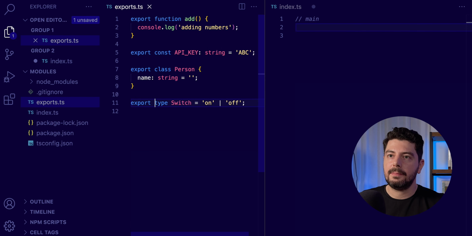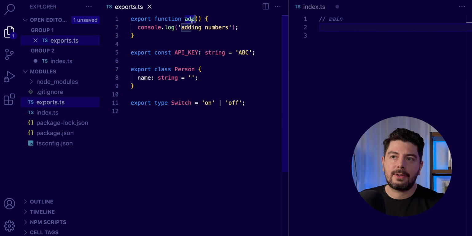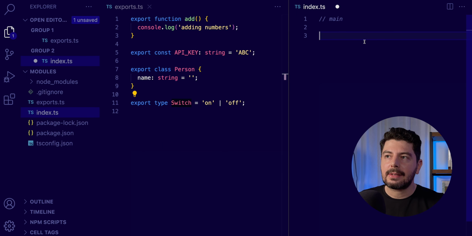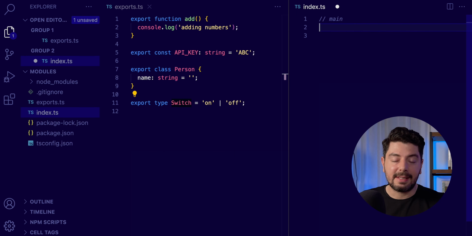So I can basically export everything, right? I can export a function, I can export a constant, I can export a class, or I can export TypeScript types. And now in my index.ts, the way to consume these modules is the second secret keyword, import, as you